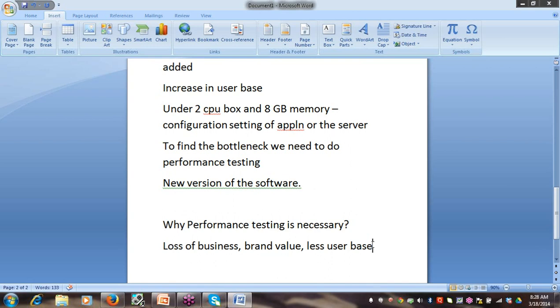Now, before knowing the different types of performance testing, we should understand the difference between manual testing and performance testing.